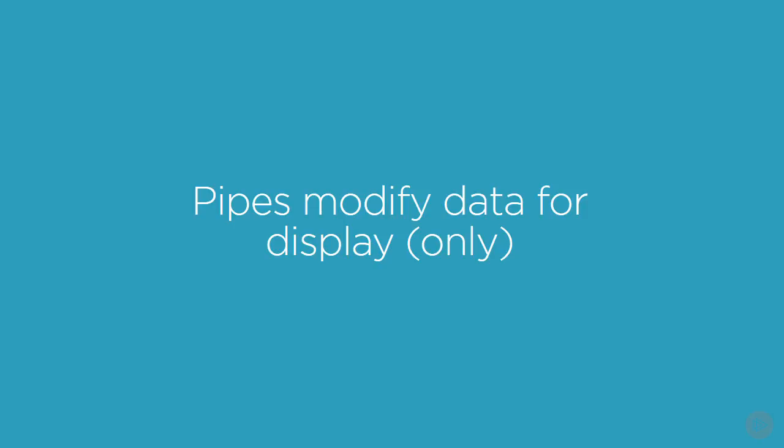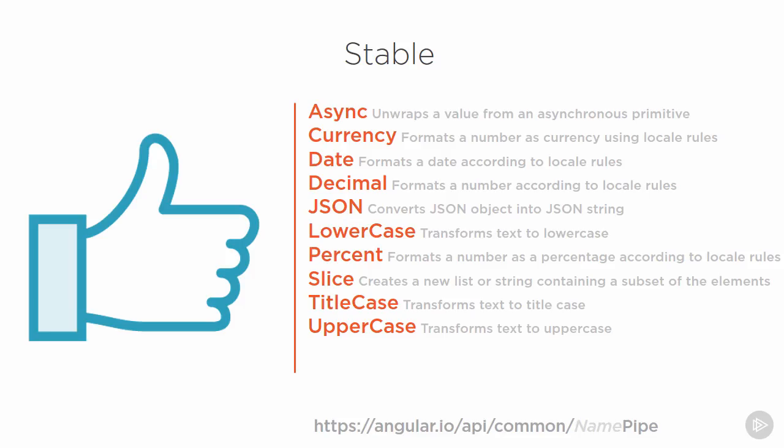This is about the simplest definition of a pipe I could come up with. It's just important to note the only part at the end. Pipes don't actually change the data in your components, just the way it's presented on screen. Mostly what I want to make sure you're aware of is which pipes are available to you from Angular out